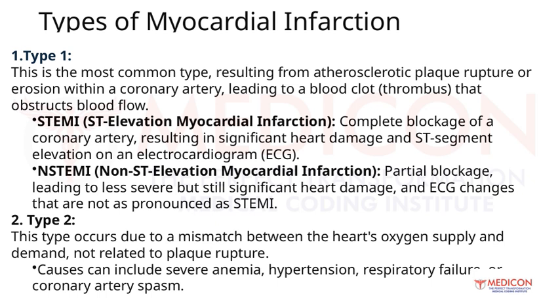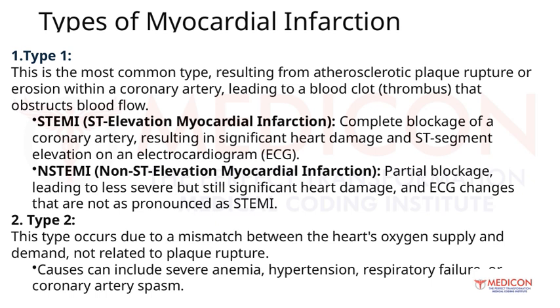Moving on to type 2, this one's a bit different. It happens not because of a plaque rupture, but because there's a mismatch between the heart's oxygen supply and its demand. Basically, the heart isn't getting enough oxygen for what it needs, which can happen due to several reasons. Severe anemia, high blood pressure or hypertension, respiratory failure, or even spasms of the coronary arteries can all cause this